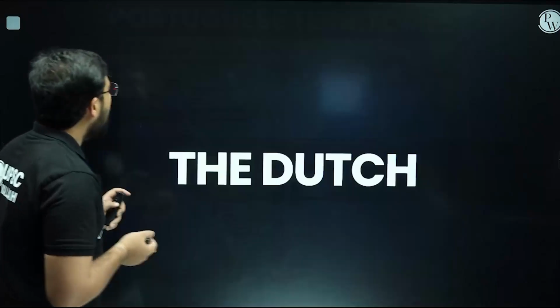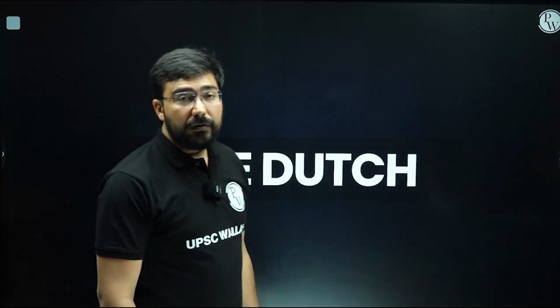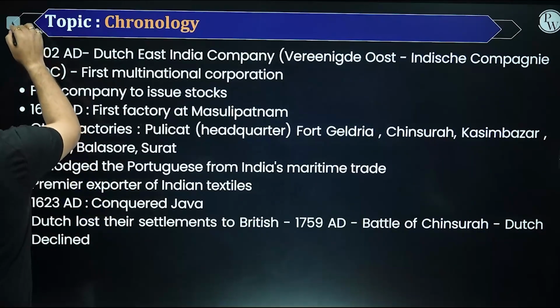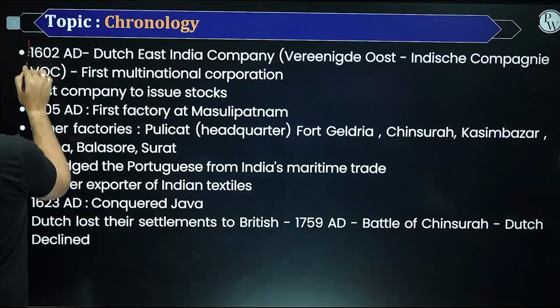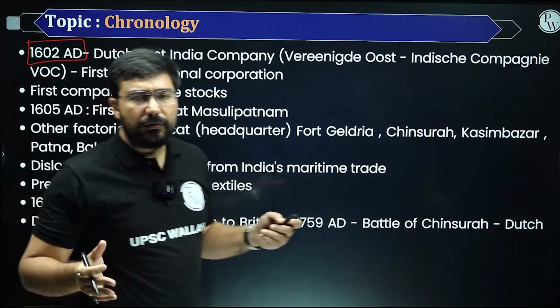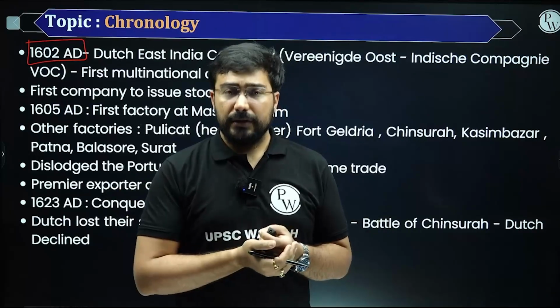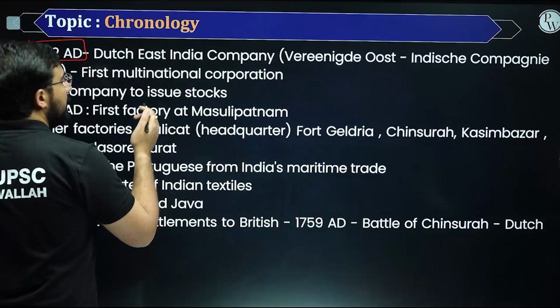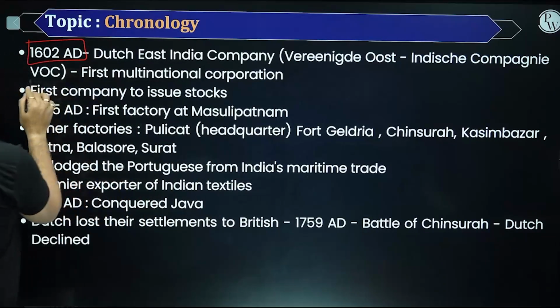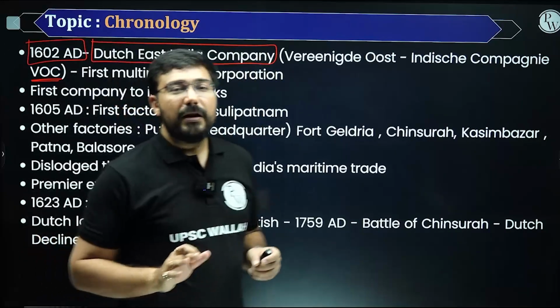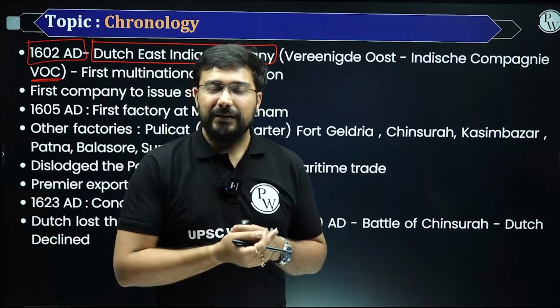Now after this part, what you need to remember, the next power which came to India was the Dutch, the people from the Netherlands. When we discuss facts about the Dutch, we need to remember one thing. They created a company. Initially, there were a large number of different companies in the Dutch lands, starting from the 1590s, but they were consolidated in 1602, and this company came to be known as VOC. For basic understanding in English we say Dutch East India Company. So we can always remember the easier one rather than the difficult one.